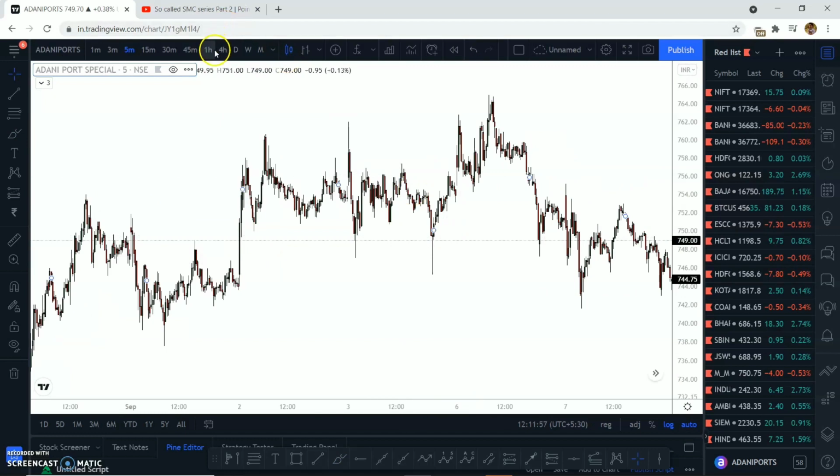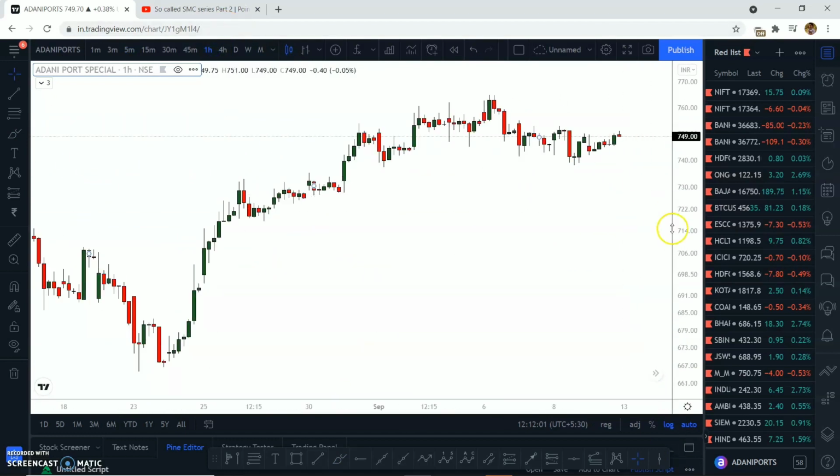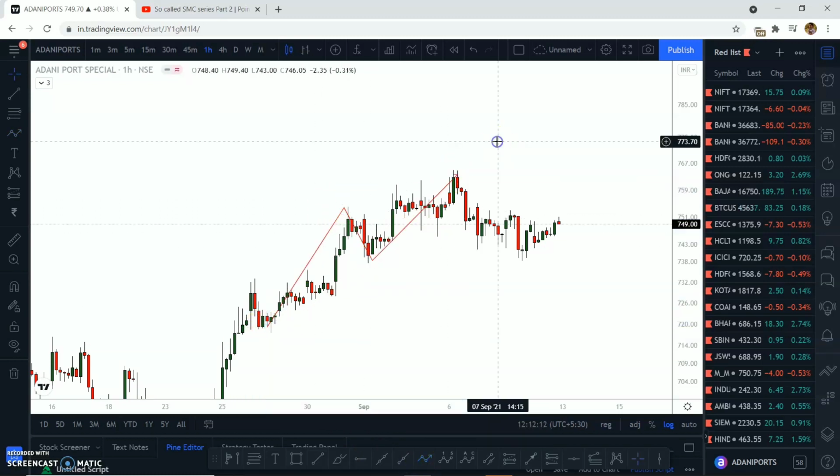All right, first of all, I'll show you the 1 hour time frame. This is the 1 hour time frame, and this was the area where the price followed its trend and created a new high. Now this is where the prices are as of now, and we looked at the chart on this day,